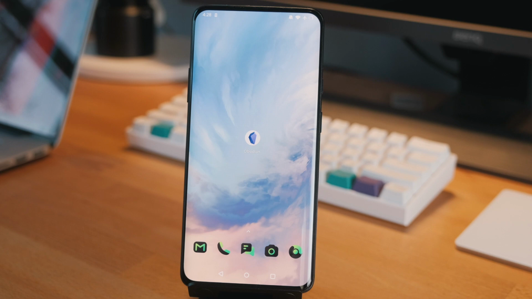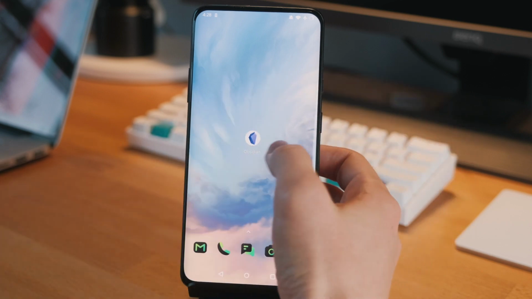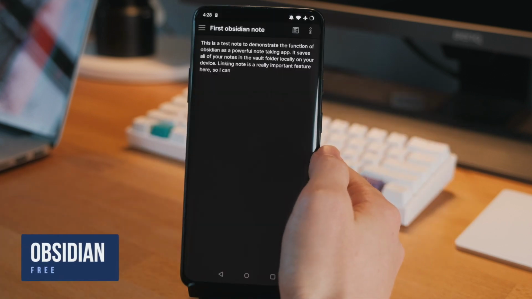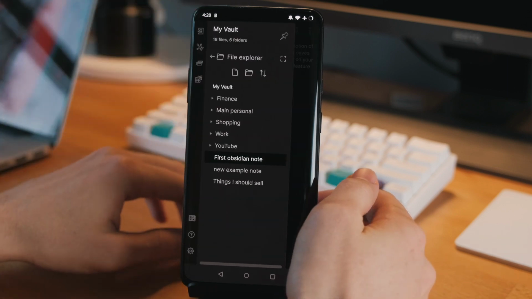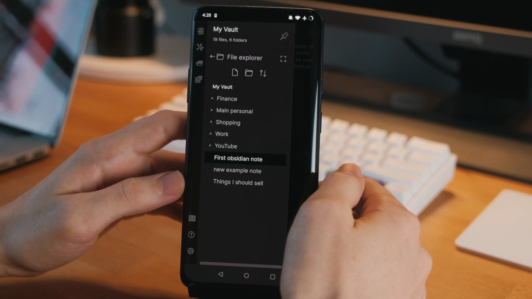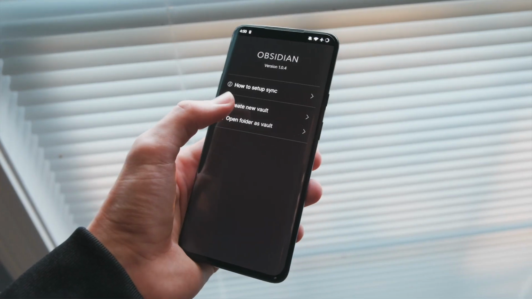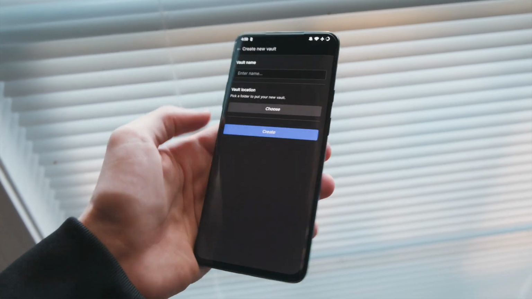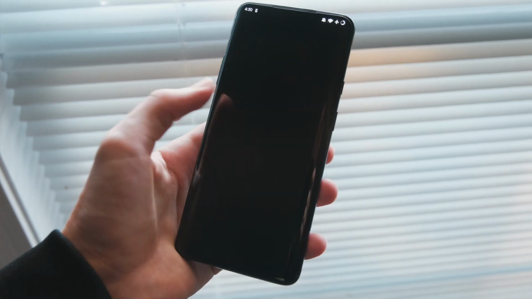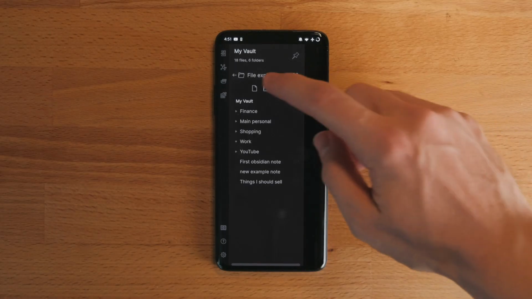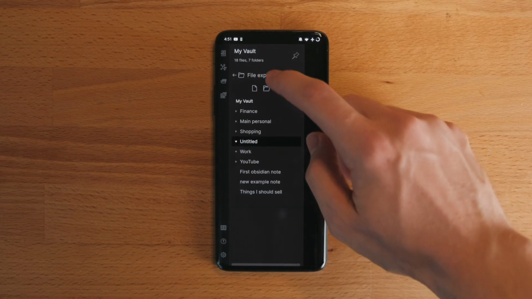There is definitely no shortage of great note-taking apps on Android, and this next app called OBSIDIAN is yet another note-taking app to consider. But this app is unique and it used to only be available on desktop, so I wanted to share it now that it's on Android. So ultimately, OBSIDIAN is a note-taking app that functions as a powerful knowledge base. When you first use the app, you'll create a vault, which is basically a folder where all of your notes are stored, and then you can of course create subfolders and notes in the vault.